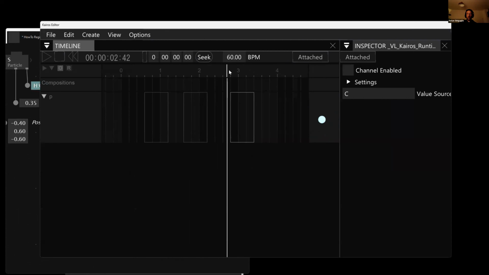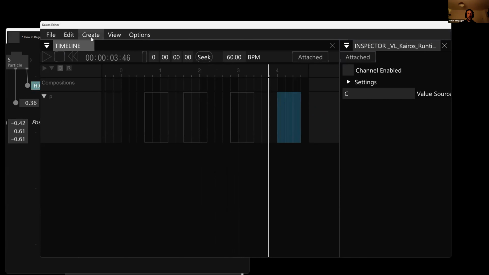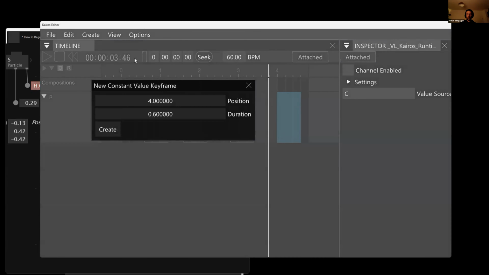So now, if we go back, you see this is the default of the particles, which is size 0, position 0, color white. It goes there. But if we create a constant, let's see if it doesn't freak out. If we create a constant value